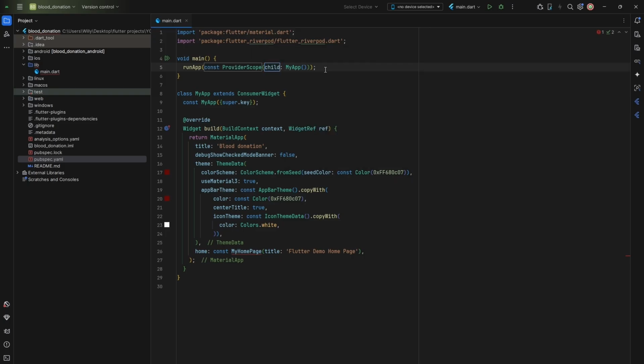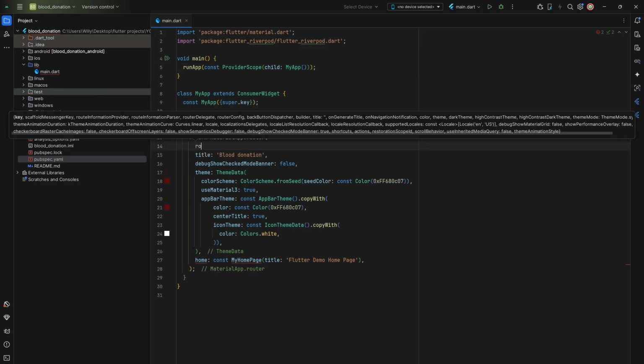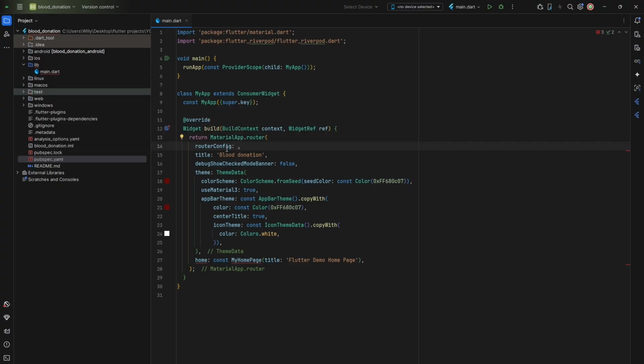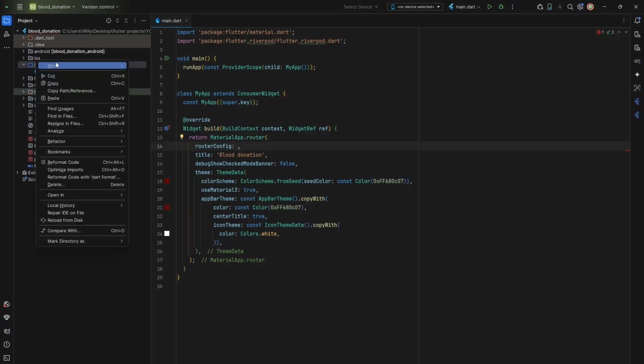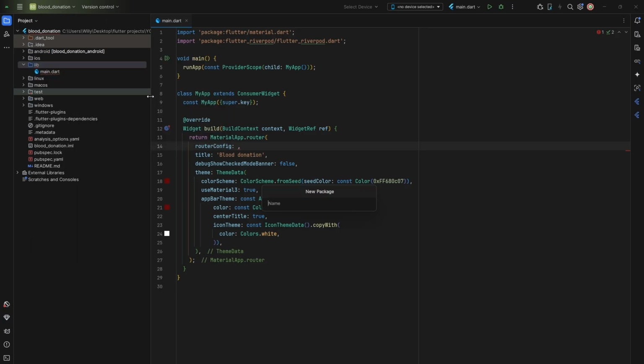So let us create another package called routes, which is going to define all the routes of this application, and then we can convert this application, because now it's going to turn from MaterialApp to MaterialApp.router, and then you are going to have a router config here, and with that we are going to listen to the current route with Riverpod, and therefore we are not going to require this anymore, but we are going to get back to it and solve this error. So I'm going to create another folder inside the lib, which I'm going to call routes, and